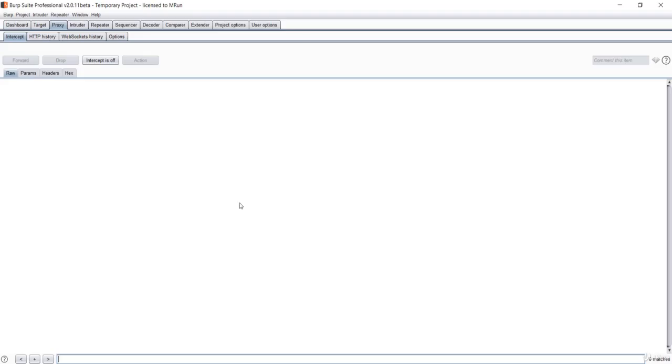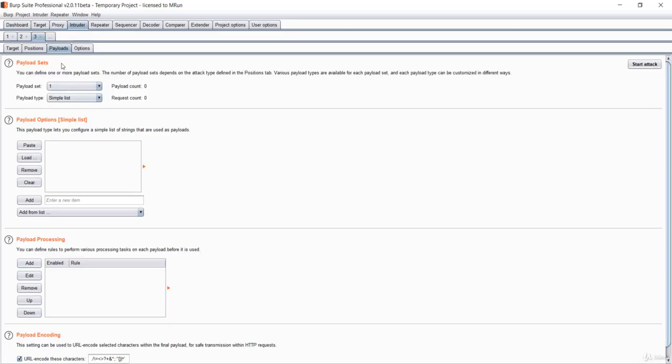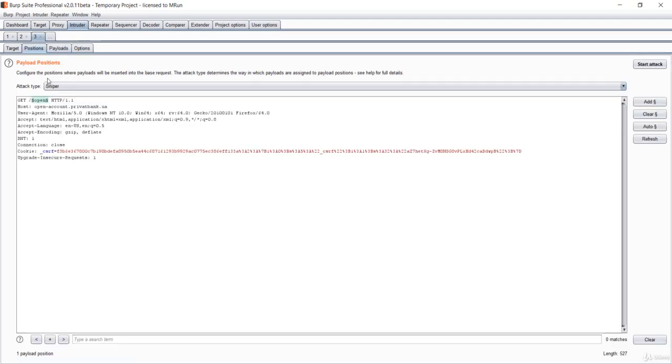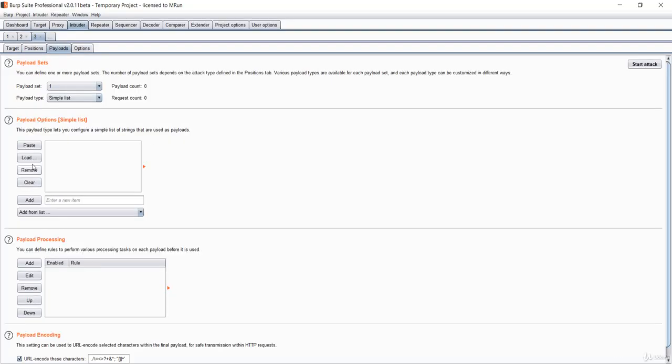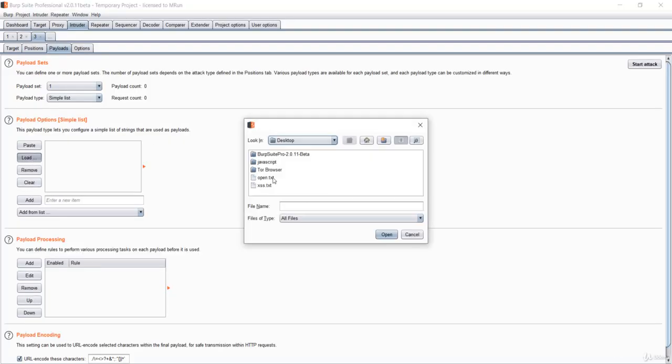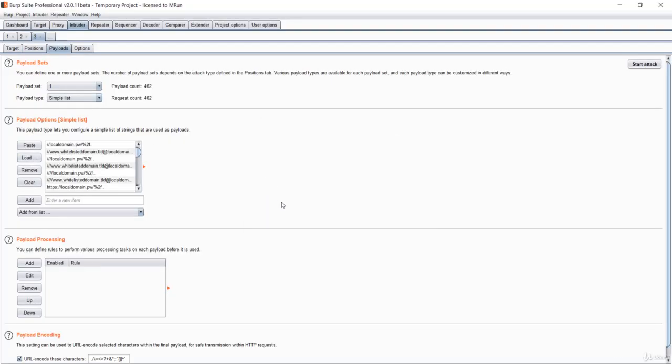Now we'll go to Burp Suite, and we have already gone into this Intruder. You can see the position, we have added the position to this request, or basically to this GET URL. So now it's time to load those payloads. The payload name is open, so let me open this payload, and you can see it has a payload count of 462.